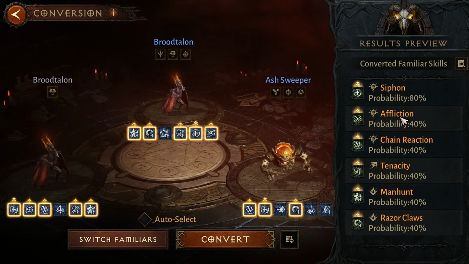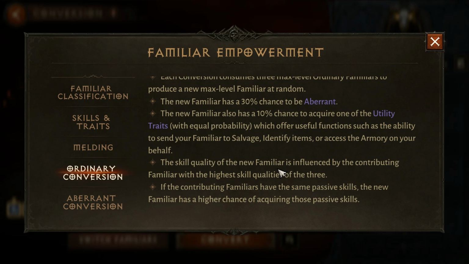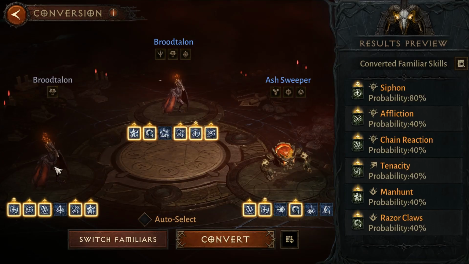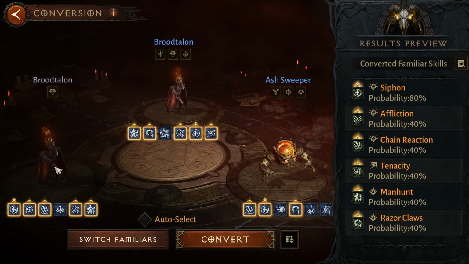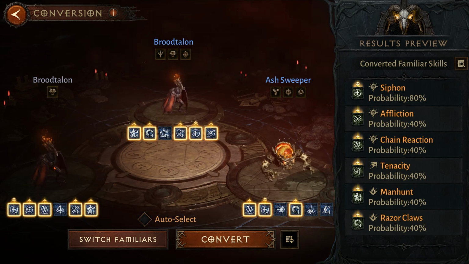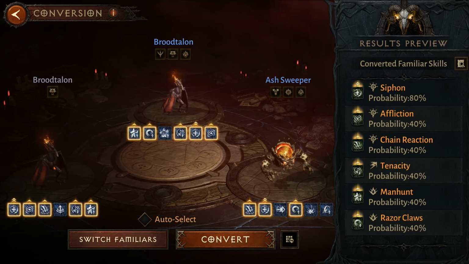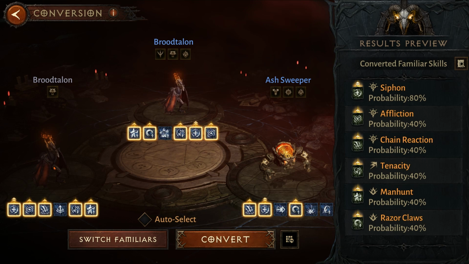So these are the instructions. Also, there's a 30% chance that the new familiar will become Aberrant. An Aberrant familiar is necessary in order for its appearance to actually change, not just the skill. So there's a way that we can change the appearance of our familiar to become a legendary familiar. This particular process is basically trying to create either a familiar with a legendary skill, or an Aberrant familiar. Okay,